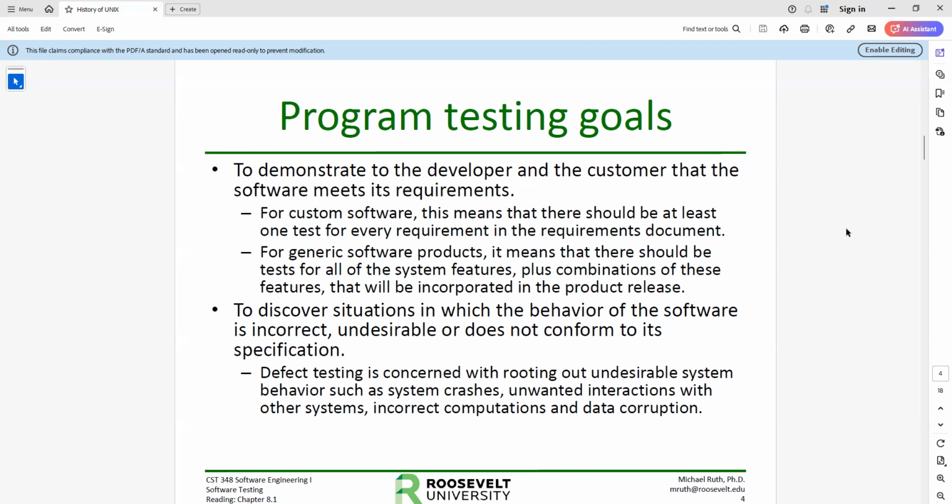So we're actually looking for it to fail. And we want to make sure it doesn't fail, or it doesn't fail in a bad way. It fails according to how we want it to fail, as an example. And that's what defect testing is about, right? We're testing this program to see if it does what it's not supposed to do. Okay? Pretty simple.